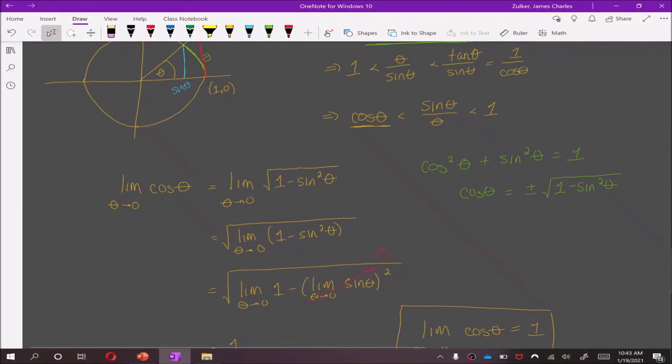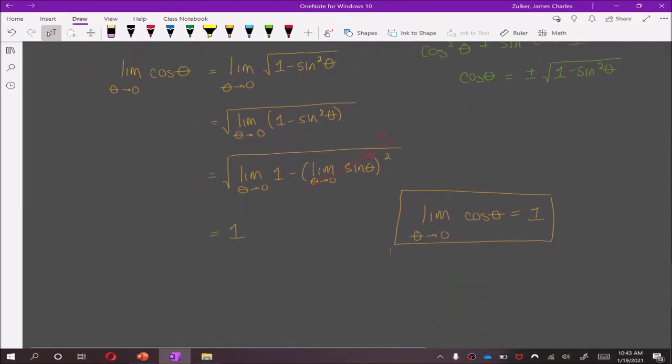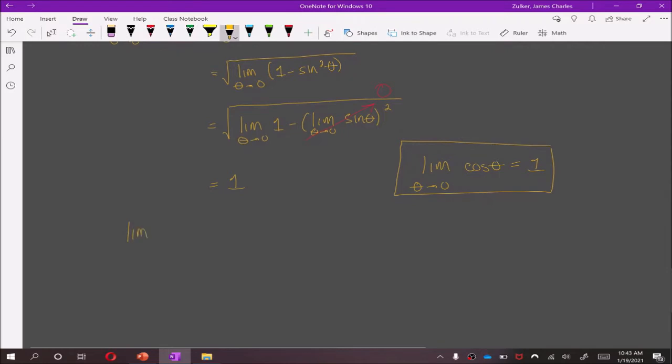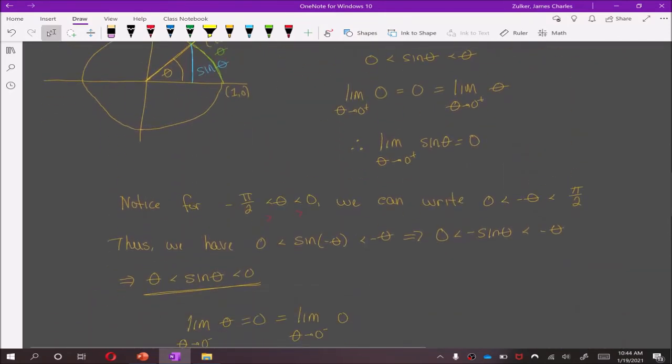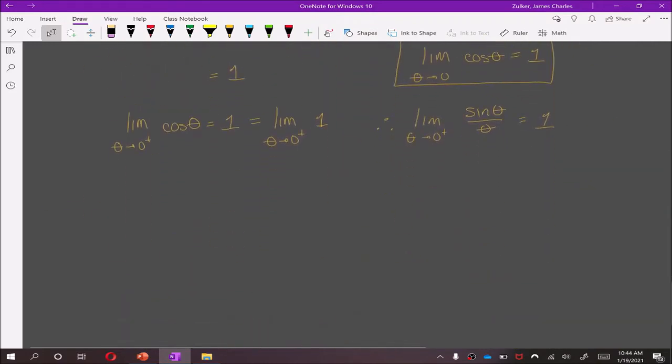Now what we can do is look back at this inequality up here. The limit as theta approaches 0 from the right of cosine of theta is 1. The limit as theta approaches 0 from the right of 1 is also 1. So the limit as theta approaches 0 from the right of sine of theta over theta is 1. Now if we do a similar manipulation as we did here, so negative pi over 2 less than theta less than 0, it can be shown